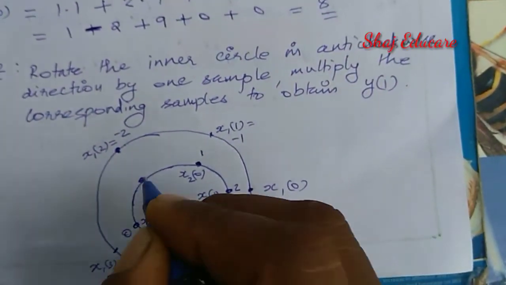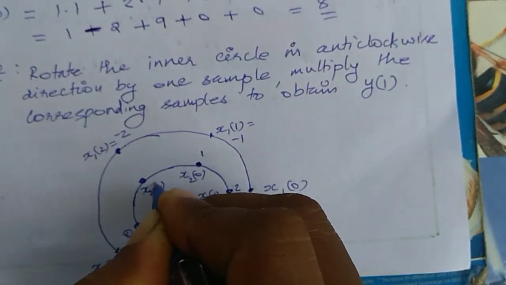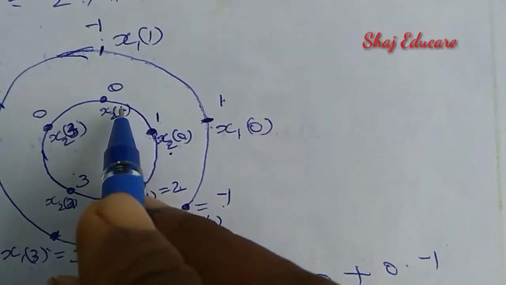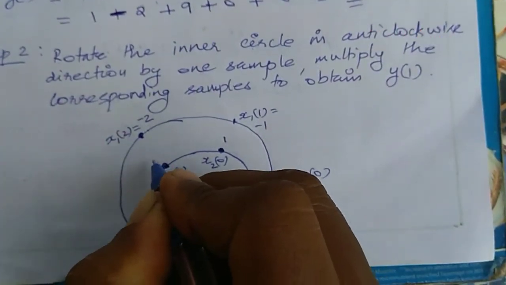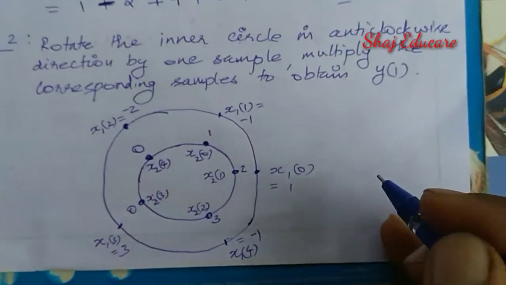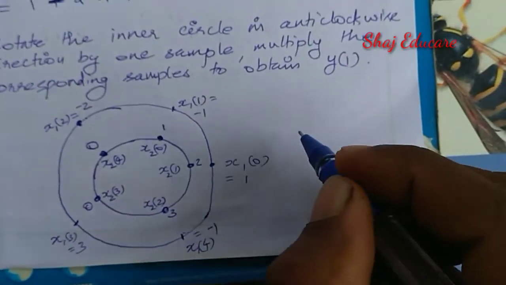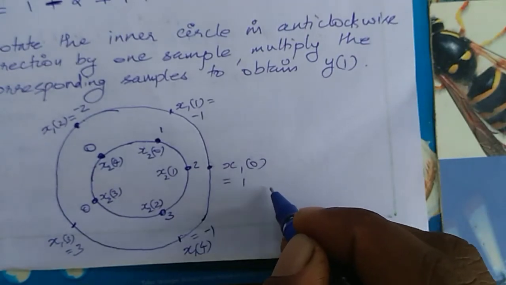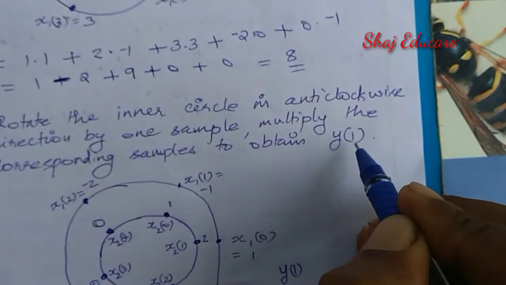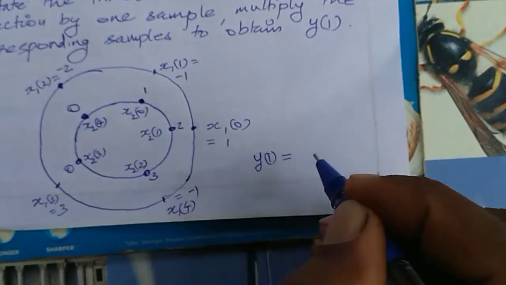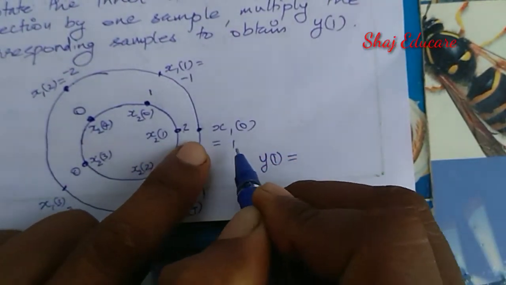is equal to 0, and finally this should be x2 of 4. x2 of 4 is equal to 0. That should come here. Okay, again multiply these values. I'm going to write the corresponding operation here. Then we will get y1 of n, y1 of n is equal to this 2 into 1